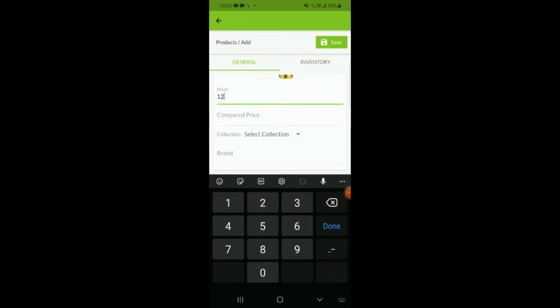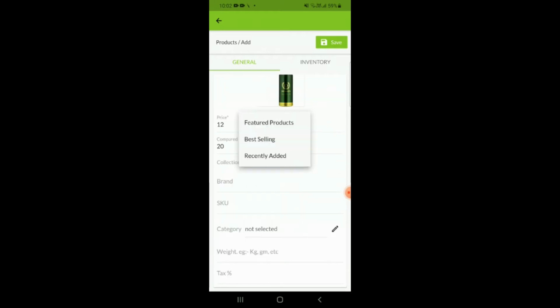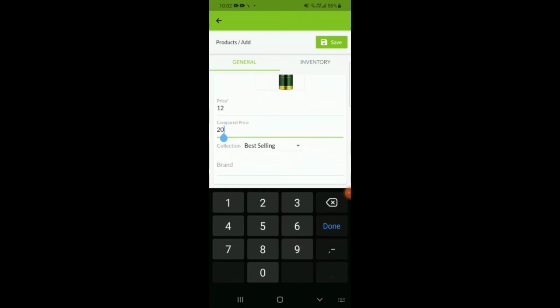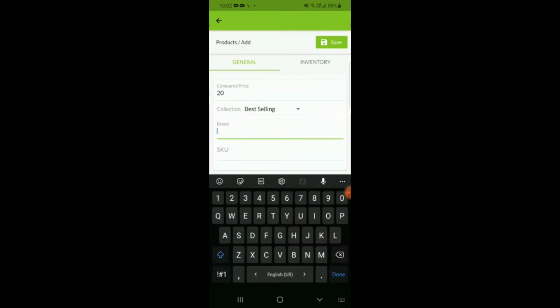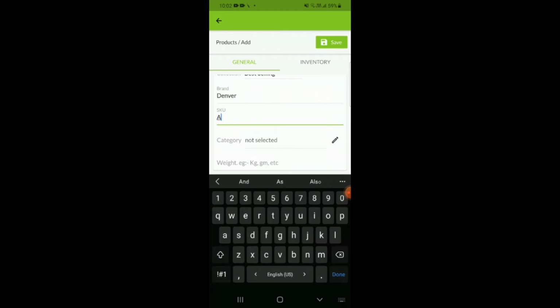I can give a price of say $12, and its compared price is $20, and I can select the collection as best selling, and then the brand is Denver, and I will give an ID of 9.